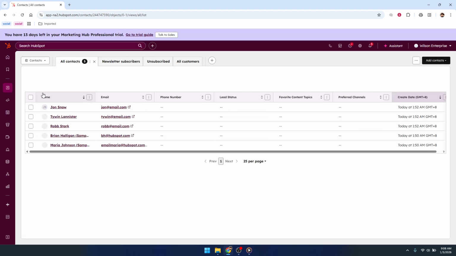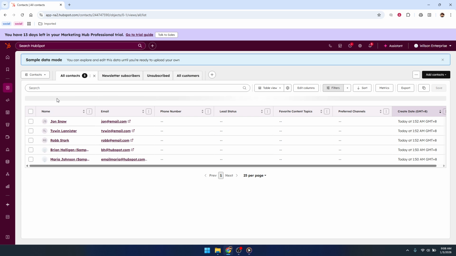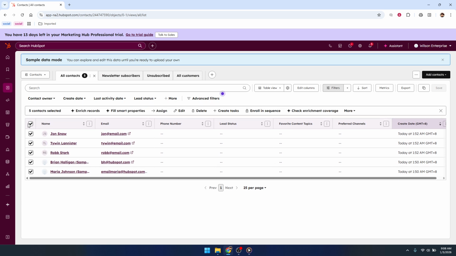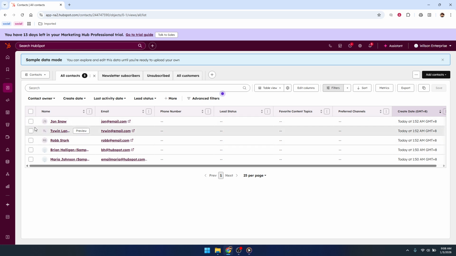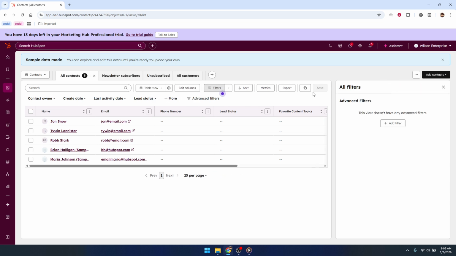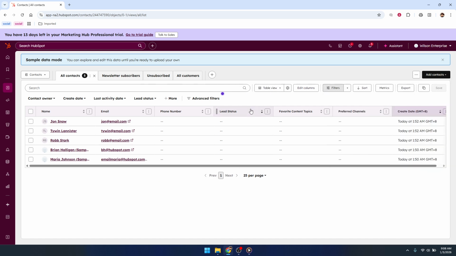Before exporting, take a moment to decide exactly what you need. You can export all contacts, or you can export just a filtered list, such as leads from a specific campaign, customers from a certain region, or contacts created within a specific date range. To do that, use the filters at the top of the Contacts page to narrow down your view. This step helps keep your export clean and focused, and it also reduces the amount of data you need to